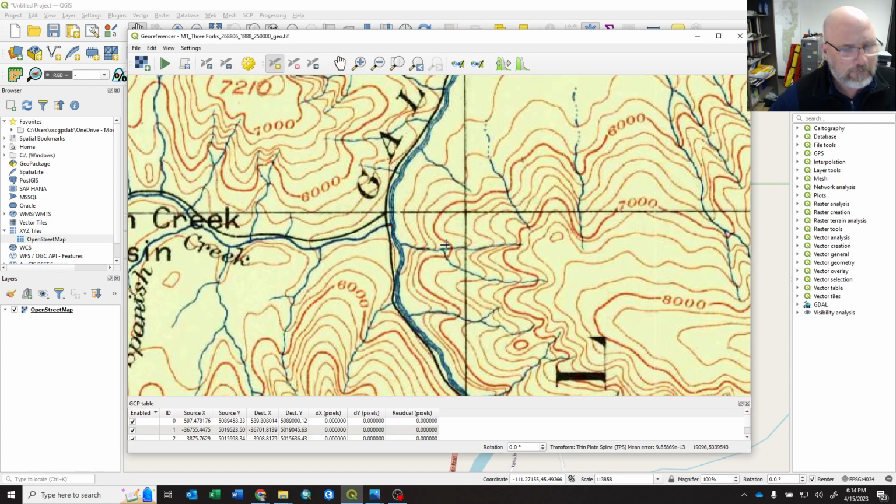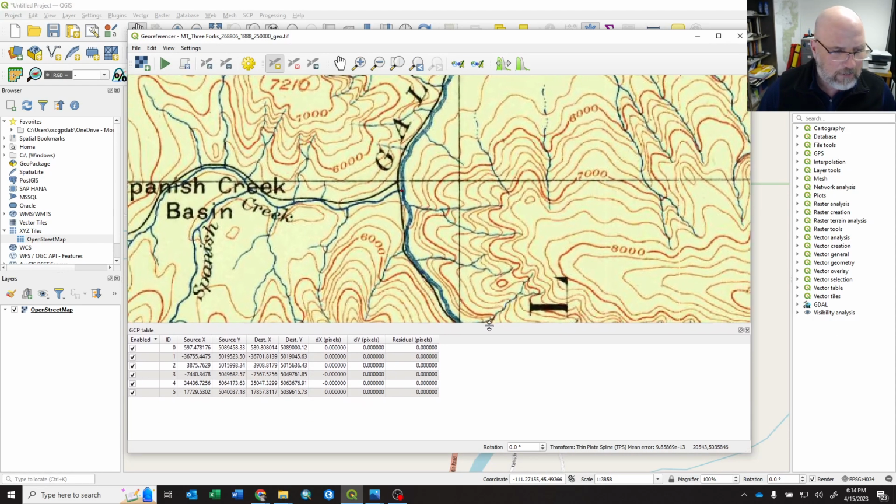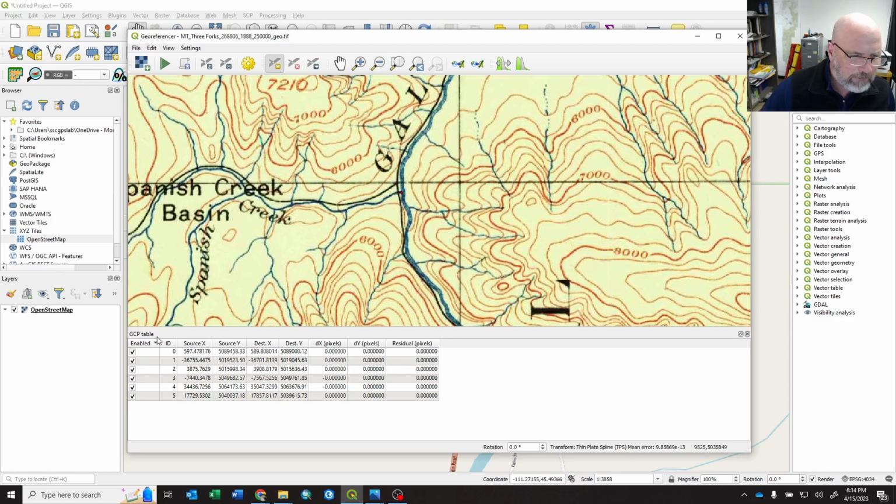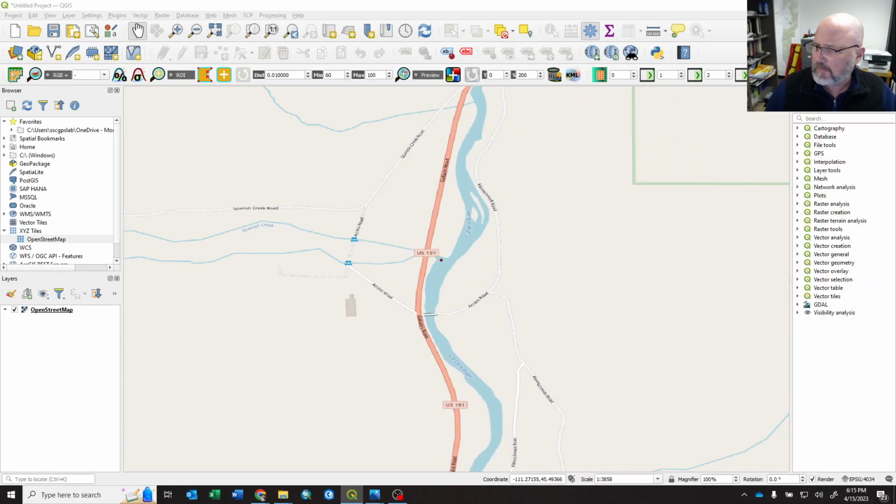All right, so let's go ahead and take a look at my ground control point tables here. And you can see I've got a number of source and destination X and Y's. This is an opportunity, if you're doing the coordinate georeferencing, you can actually go ahead and fine tune and edit your destination X and Y's if you want to at this point. I'm going to run my georeferencing, and when I do, it will actually calculate the various weights of the polynomials. So okay, it ran this, and I'm going to take a look at my rubber sheet modified,